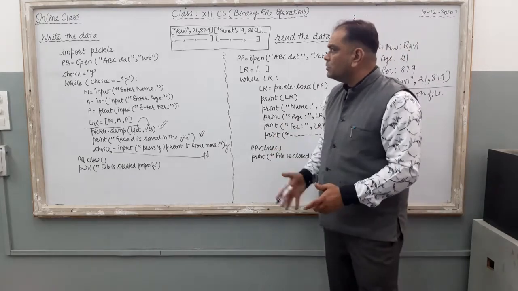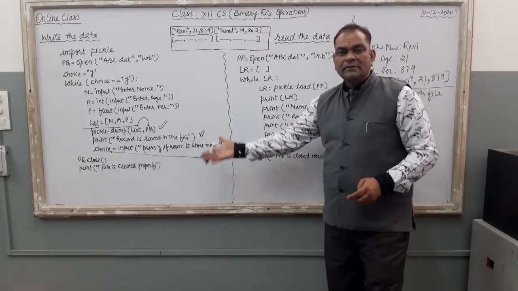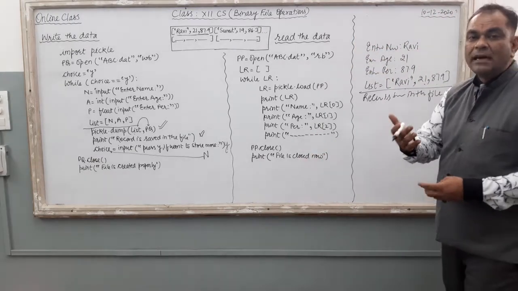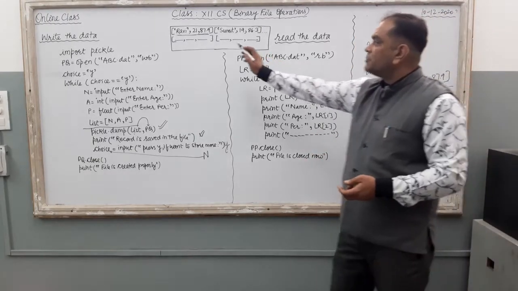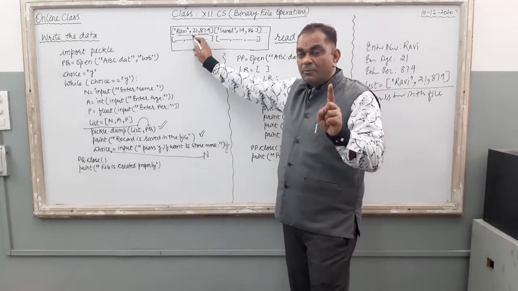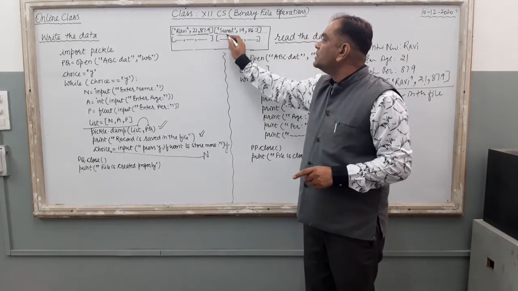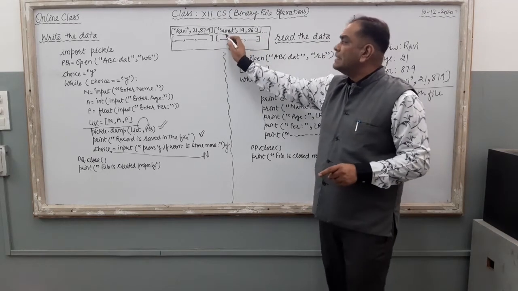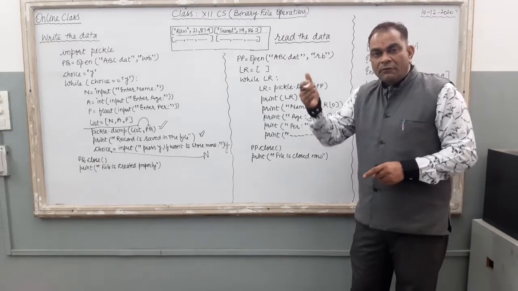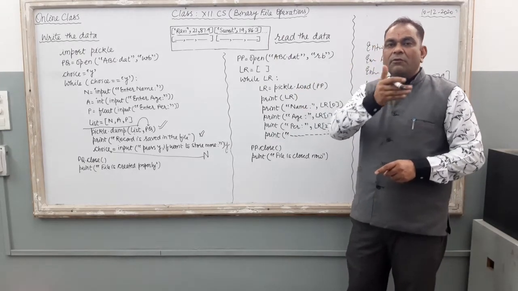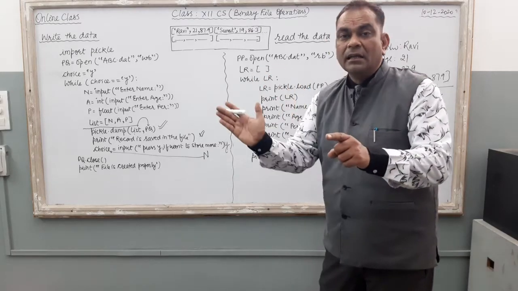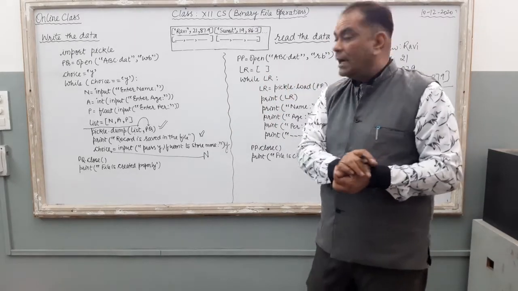So suppose the user executes this while loop 4 times with 4 different students' data. The first student's data is stored like this, and it is treated as a single object. Then just after that another object will be there. Suppose Sumit's record is there, how is it stored? Sumit, 19, 86.3. First object, second object, third object, 4, 5, 6. N number of objects are there, one after another inside the PQ handle.